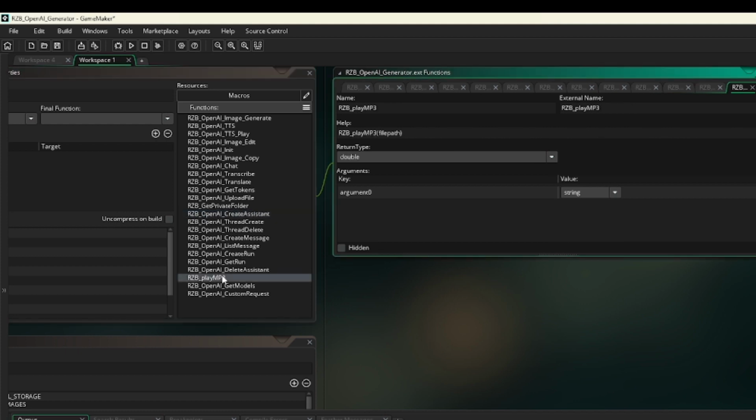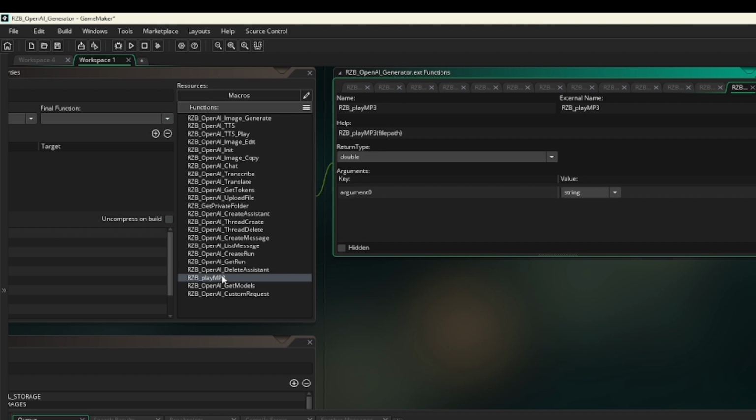I've got another simple function here, which is play MP3 nano. By default, GameMaker doesn't play MP3s because you can't load it in during runtime. So I've just added this here to make it easier so you don't have to go and download another extension. It's a very simple function which plays an MP3, and you have to set the path as one of the